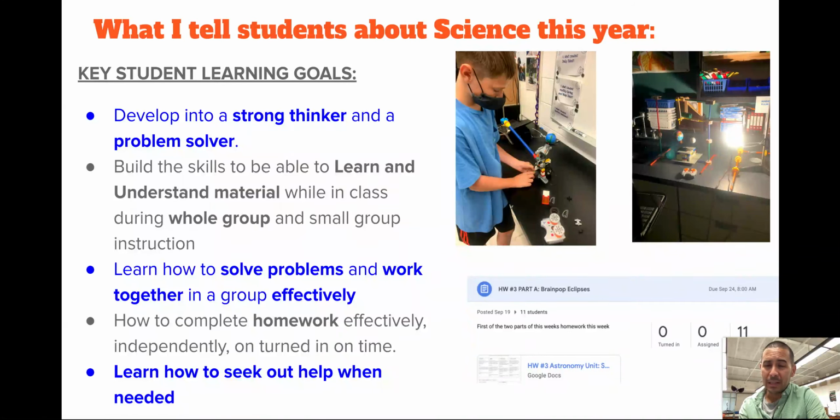Learning is less about regurgitating information and more about learning how to solve problems, how to collaborate with others, and work together to solve those problems. So those are skills that we really try to foster with some of our hands-on labs that we do in 8th grade science. Another skill that we want to strengthen and come back to is helping kids be able to learn and understand material